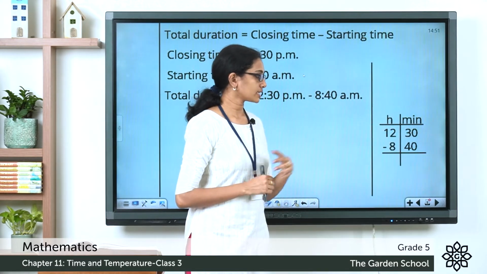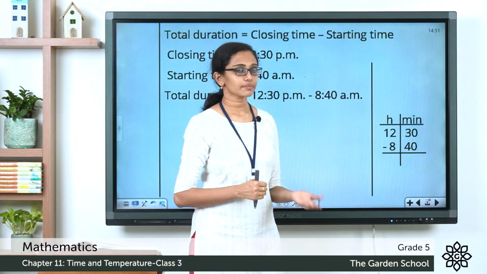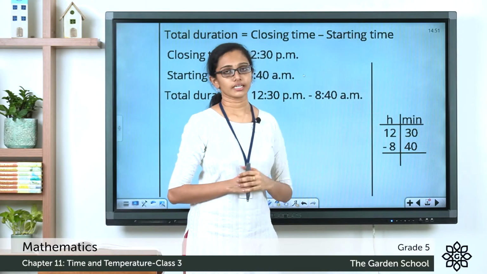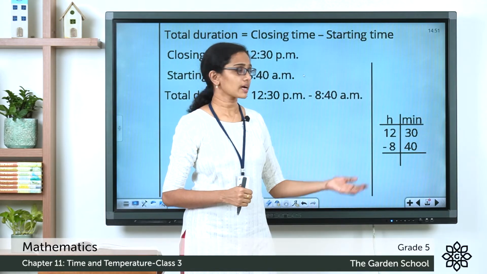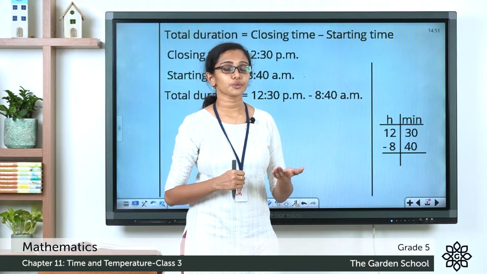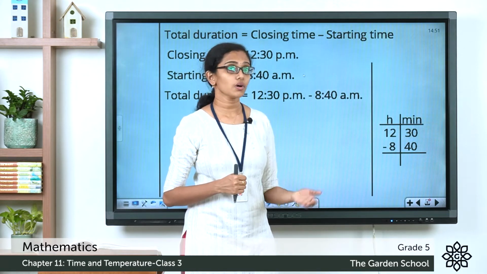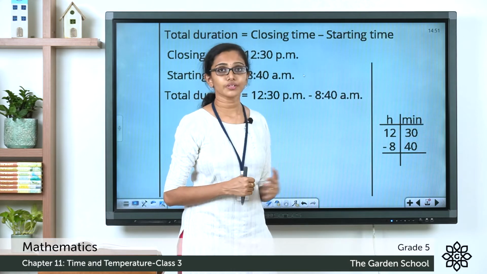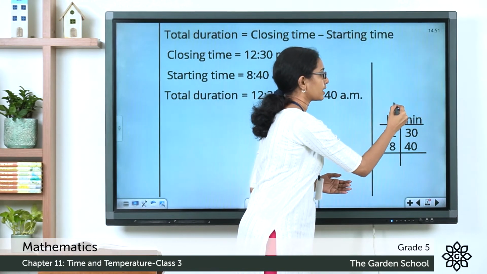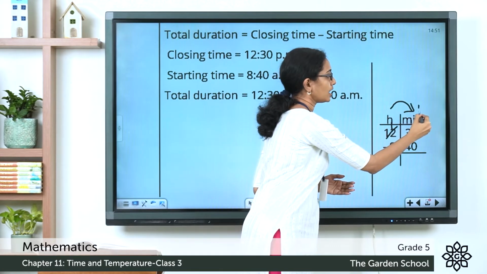So here we have written them properly, and here in the minutes column we have to subtract this 40 minutes from this 30 minutes. So is it possible to subtract 40 minutes from 30 minutes? No. So in that case we have to borrow. From where would we borrow? We have to borrow from the hours column. So from the hours column, we are borrowing 1 and we are giving that 1 hour to the